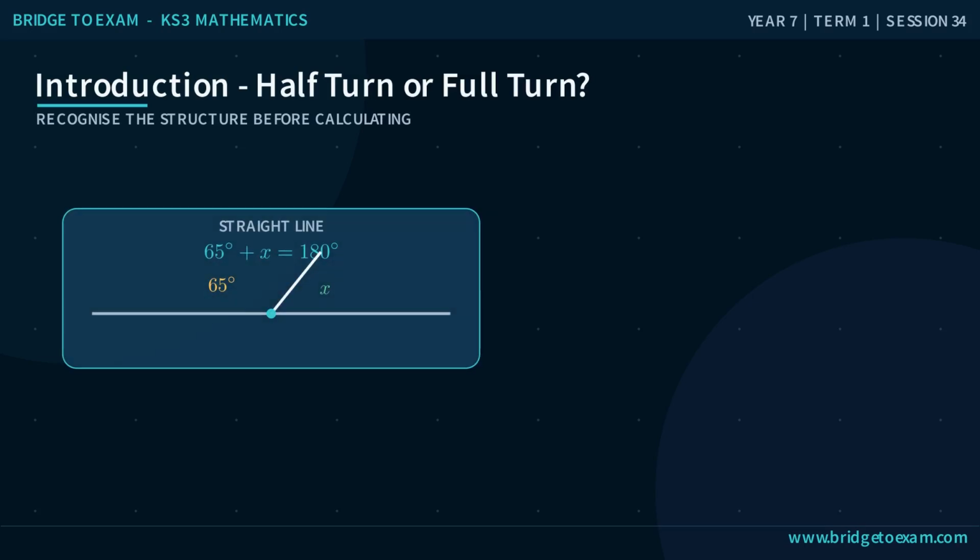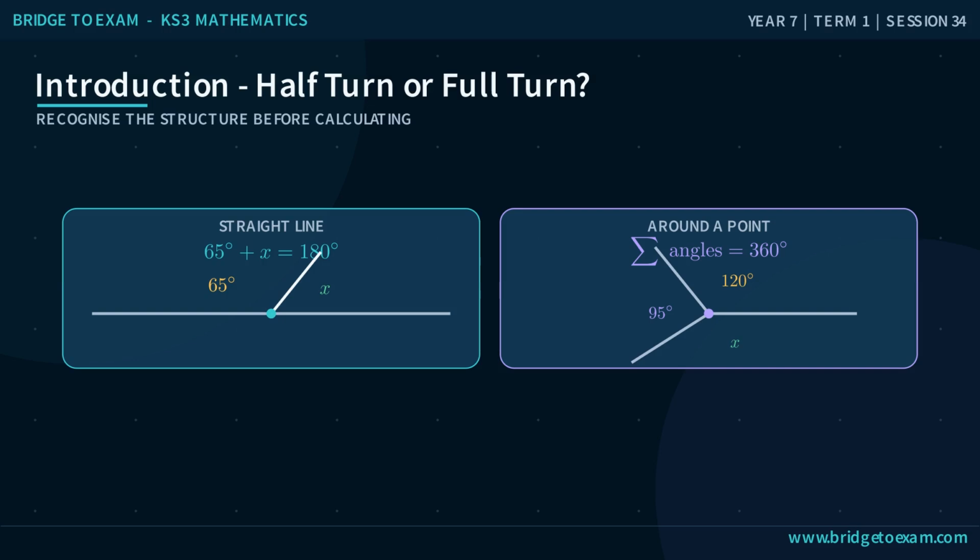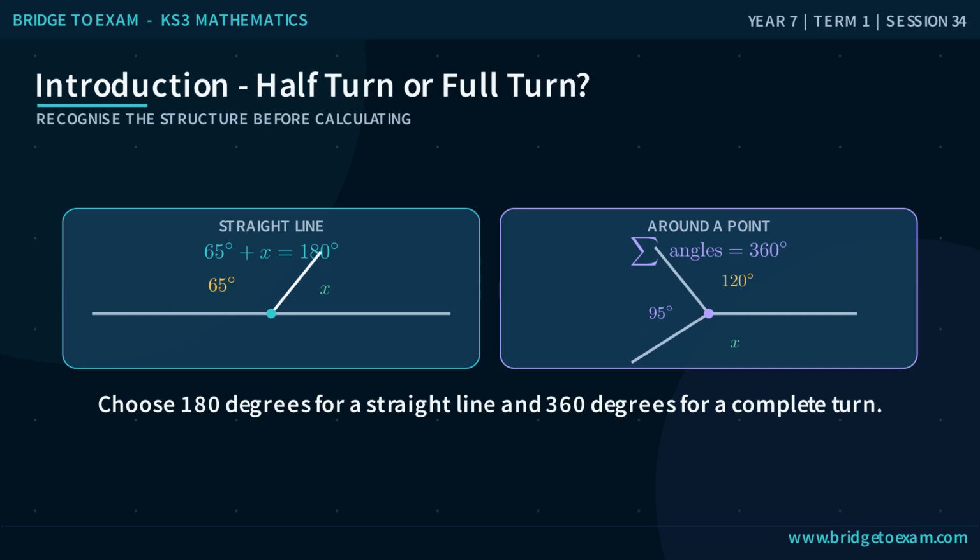Session 34. Angle facts on a line and around a point. Adjacent angles on a straight line add to 180 degrees. Angles that make one complete turn around a point add to 360 degrees. By the end, you'll recognize each total, find missing angles, form equations with algebraic angles, and explain which fact justifies